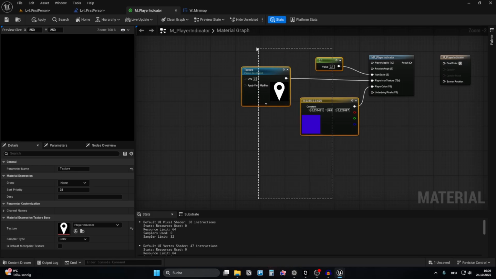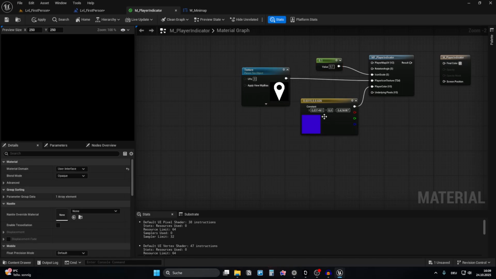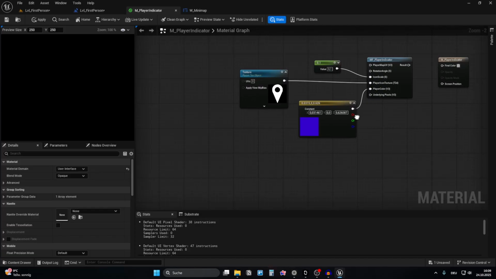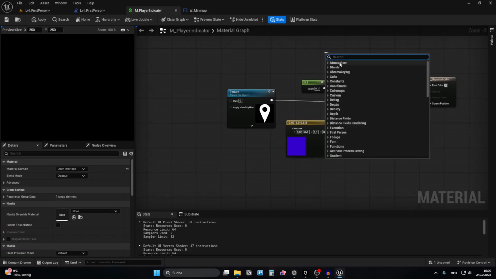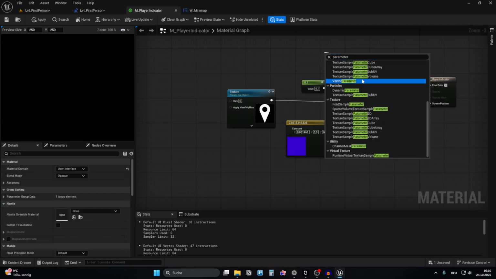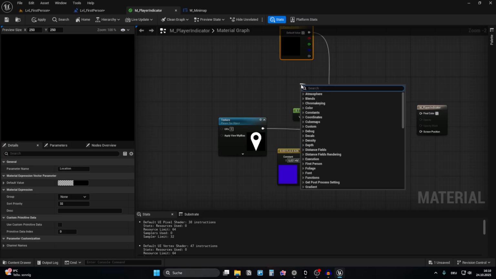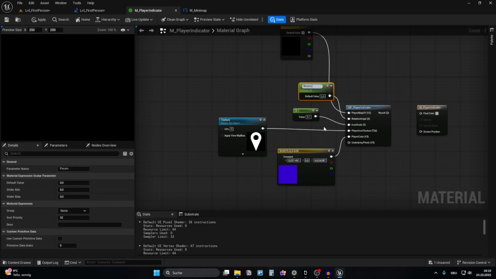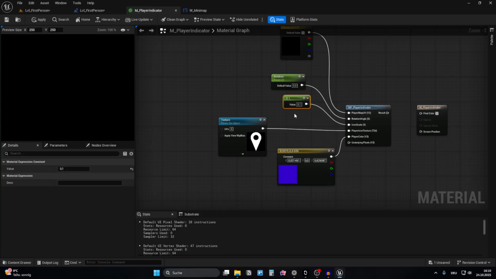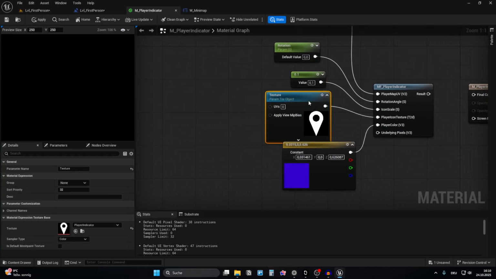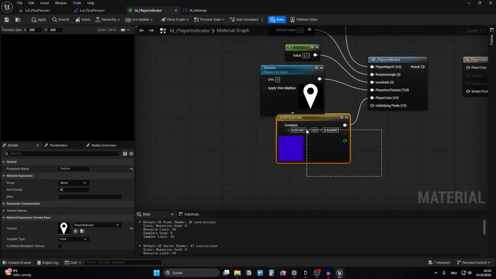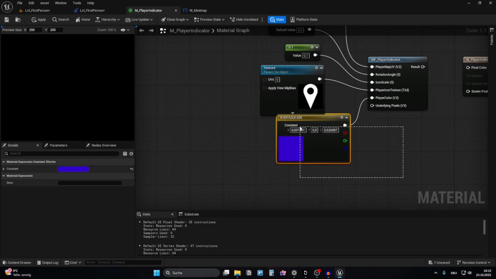You can change these, however, based on which team someone is. Or actually, let me also show you how to do this. So first of all, you want to create a parameter, vector parameter, and you want to call this location. Then you have the rotation, so scalar parameter, and you want to call this rotation. I will keep the scale for each player the same. I want to keep the icon the same, but I will show you on this example how to change the